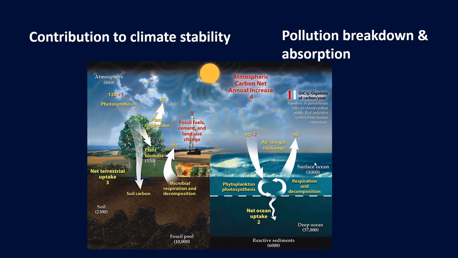Sometimes you might have seen oil spills in the oceans, caused by big ships. Accidentally they spill oil in the oceans, and at these sites some microorganisms are used to eat away all the oil, and that is called bioremediation. Even polluted soils can be reclaimed by using the bioremediation process. So that's how pollution breakdown and absorption services are provided by biodiversity.